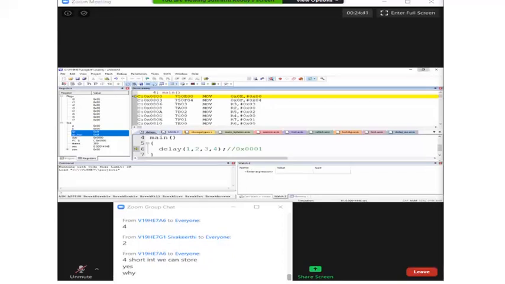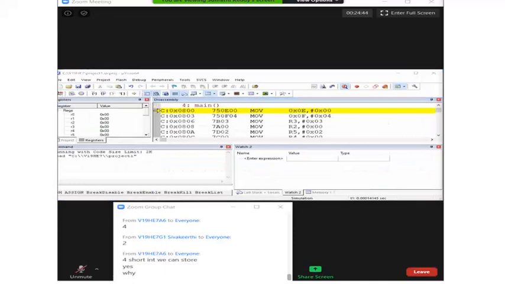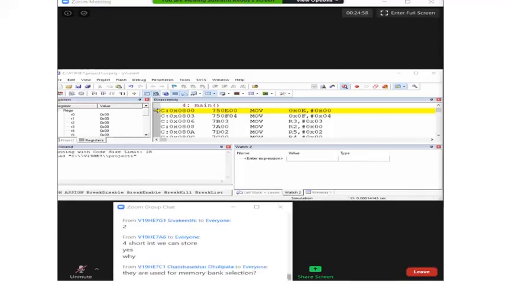But here we have R0 and R1. But R0 and R1 main purpose you know already. They are preferred for indirect addressing. No, not for memory bank selection.